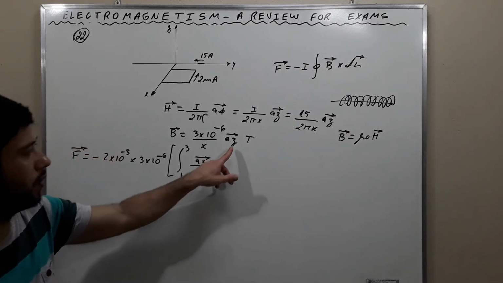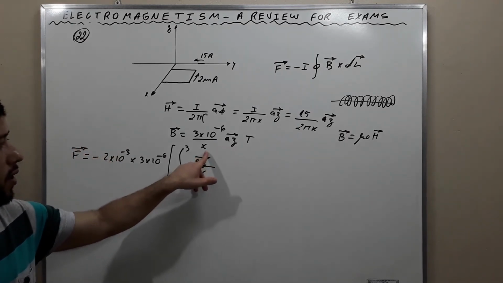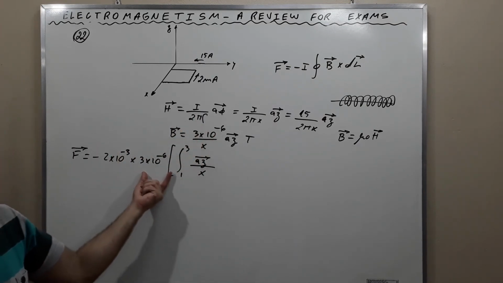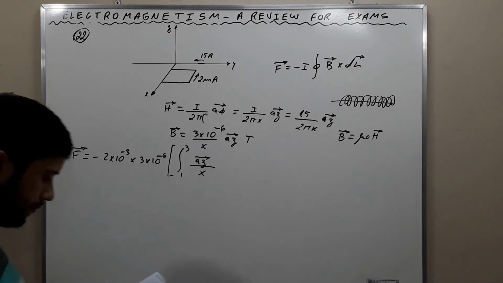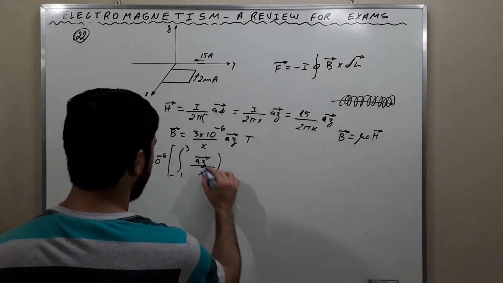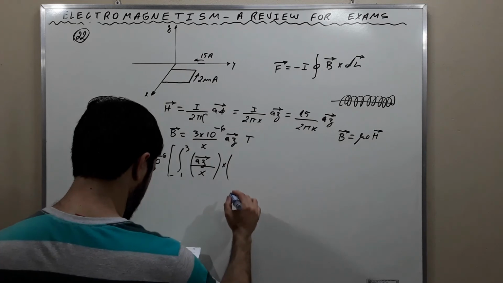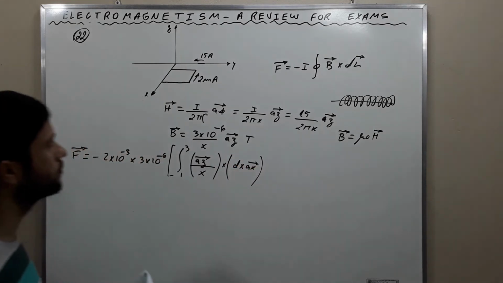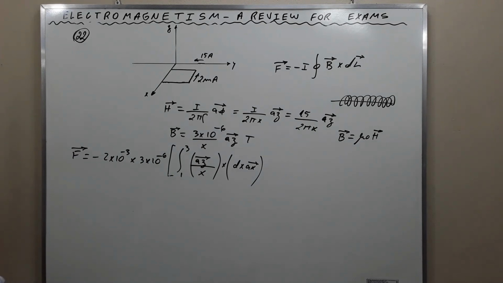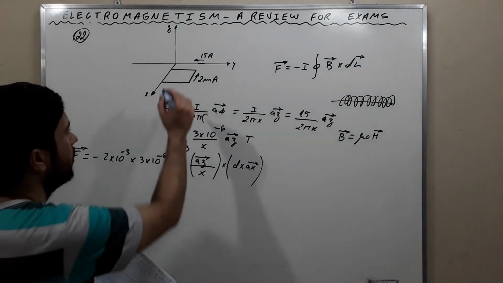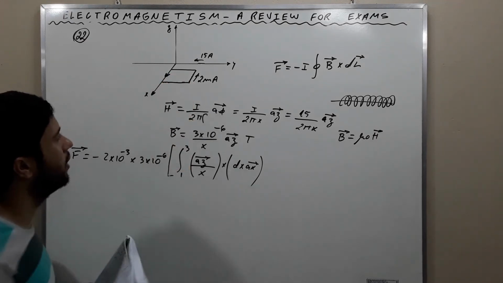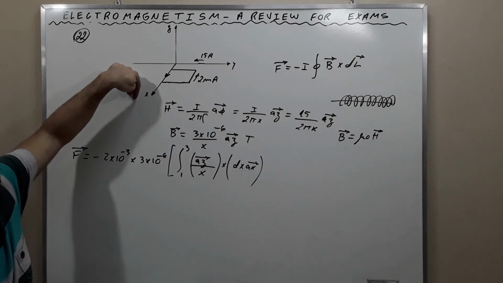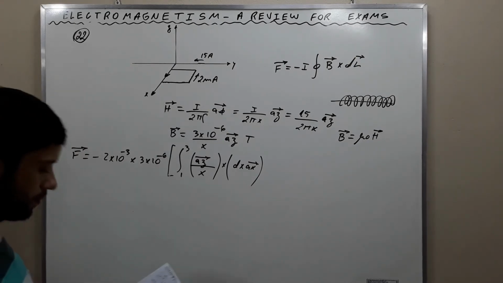Here, az over x, we treated this as a constant and we put it out of the integral, in a cross product with dx ax. We are integrating first this part here, and this segment here goes in the positive direction of the x-axis,